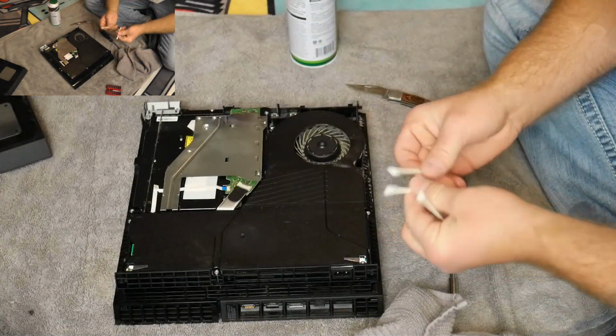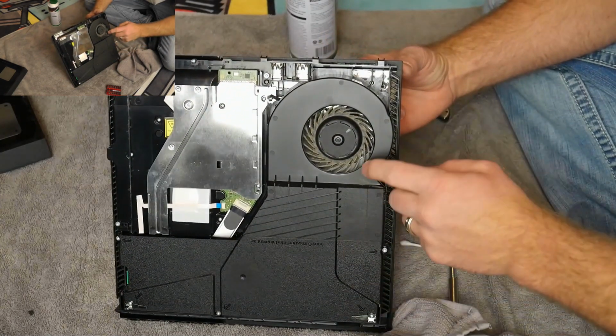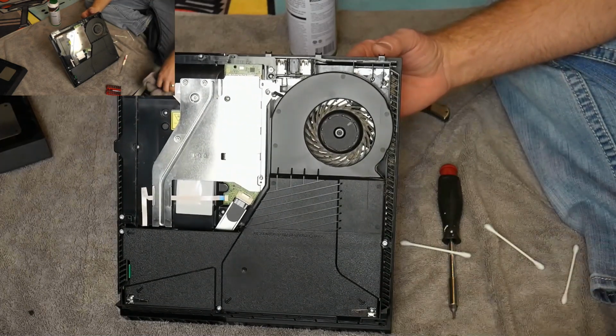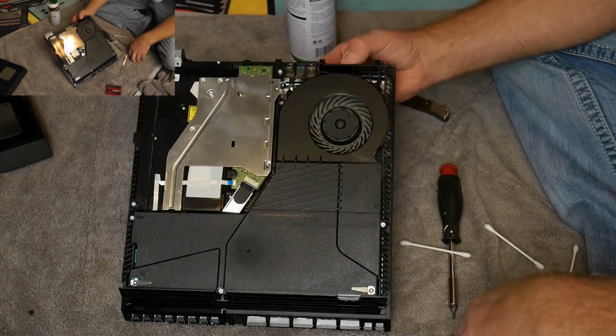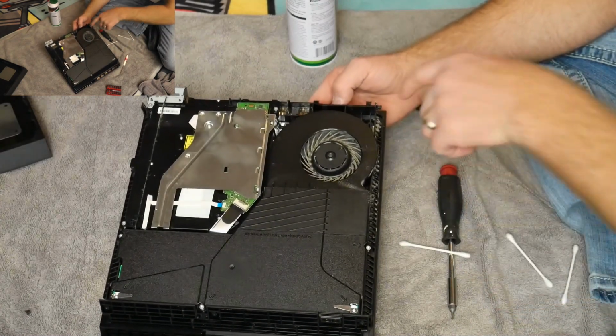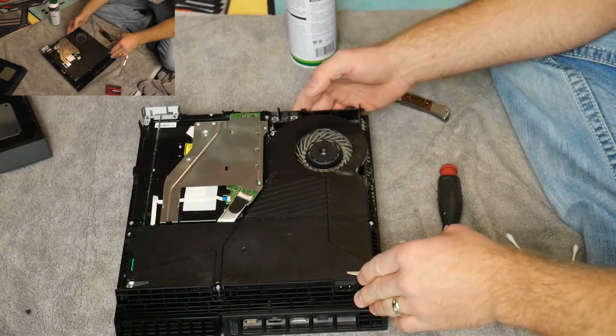Alrighty, so I got me a couple Q-tips here. Now as you can see, the culprit for the loud noise is this fan. This fan is clogged. It's not getting the right circulation. It's not pushing air. So this is going to be an easy clean out, but you just want to make sure you get it thorough. So what I like to do is use the Q-tip and put it in the fan blade so it does not spin. But before I get to that, I want to show you guys how to clean out the power